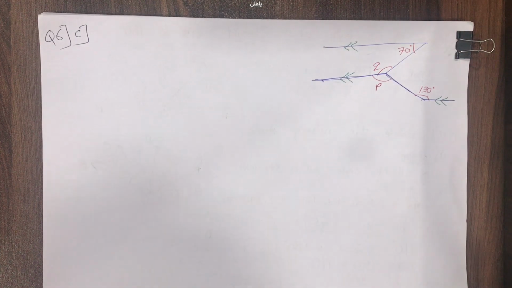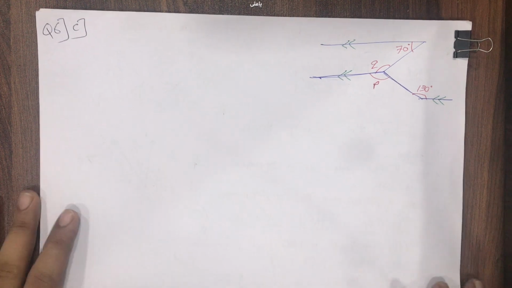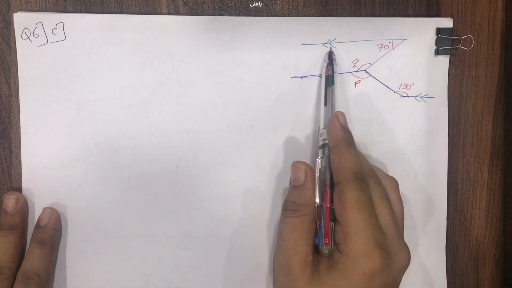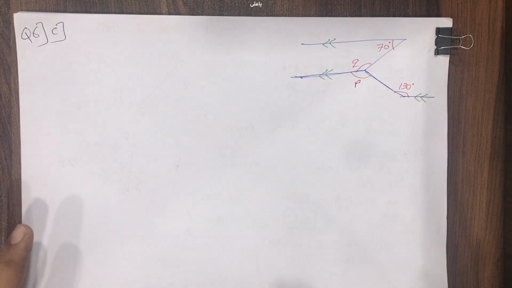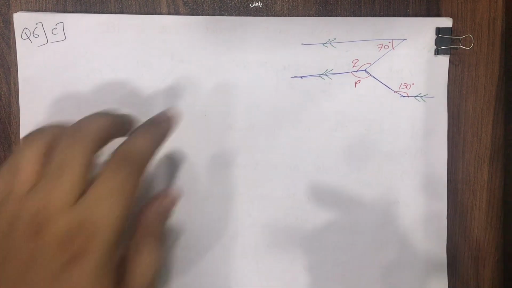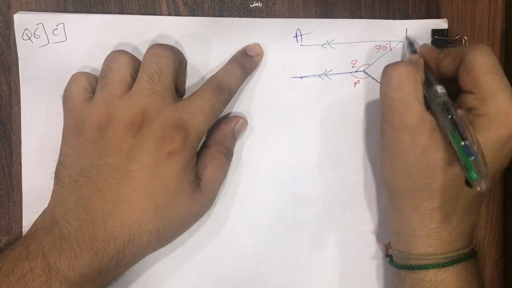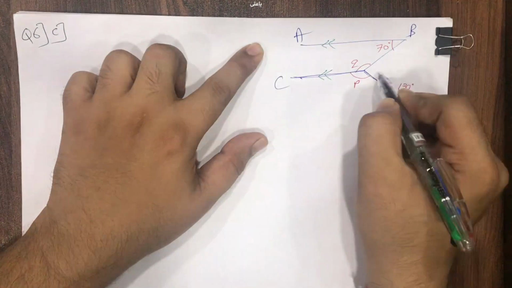Okay, students. Now the third question for our video lecture, it's sub question C. Now this is very simple, students. It's clearly seen from the diagram. There are two arrows here, two arrows here, two arrows here. That means these three lines are parallel to each other. They are not named, so let us give them naming. Any name you can give. I'm giving you AB. I'll tell this as CD.